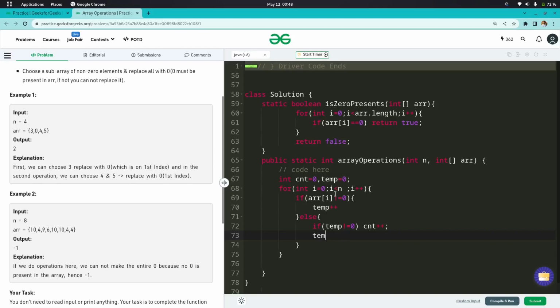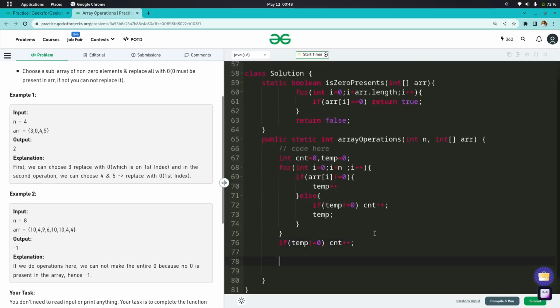Temp is equal to 0. That's it. And outside the loop we'll do the same for checking the last subarray. So we will finally return count.